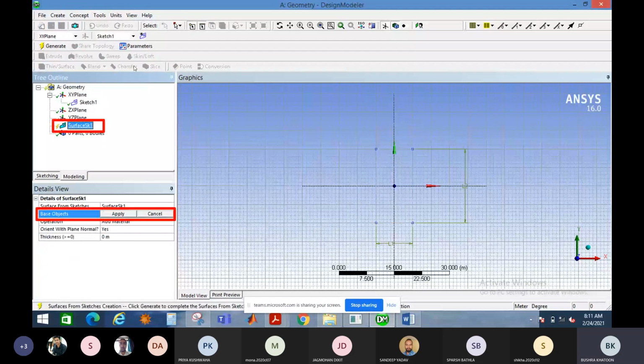Once you choose this option, you can see the surface sketch option, and Sketch 1 is available. Sketch 1 represents that you have one sketch, and the yellow symbol shows that till now we have not inserted any sketch in this section to generate a surface. So what do we have to do to generate a surface? First you have to go in the graphics